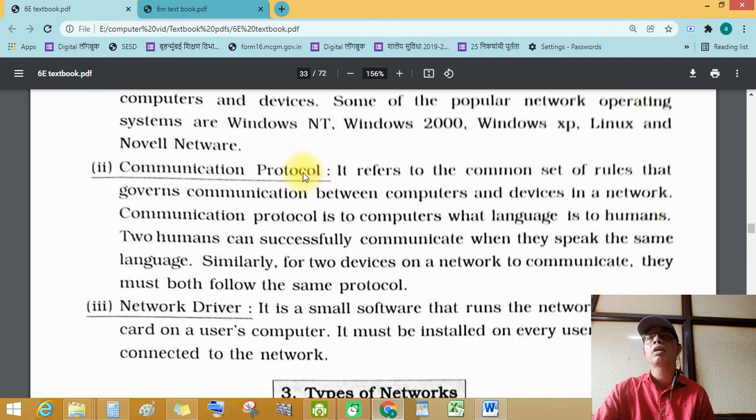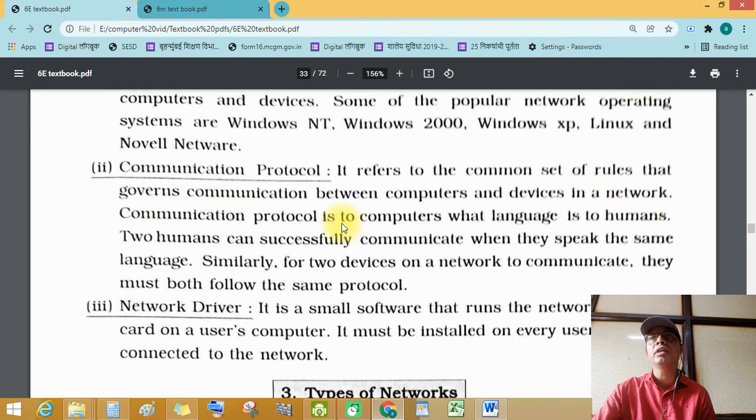Communication protocol. Communication protocols, meaning rules and regulations, are the most important part of a network. They transfer data from one computer to another computer. It refers to the common set of rules that governs communication between computers and devices in a network.